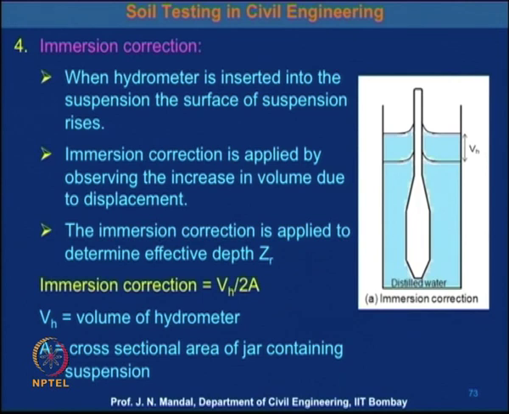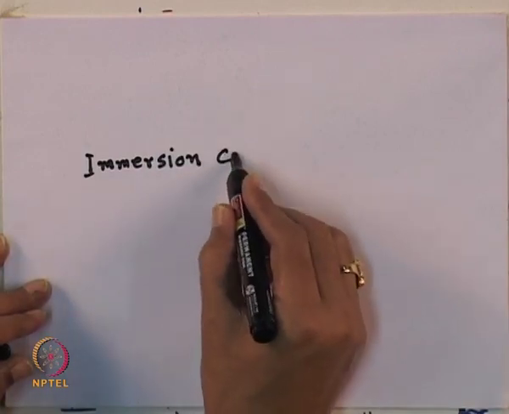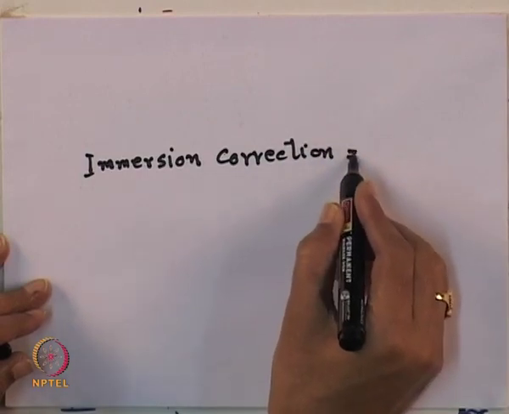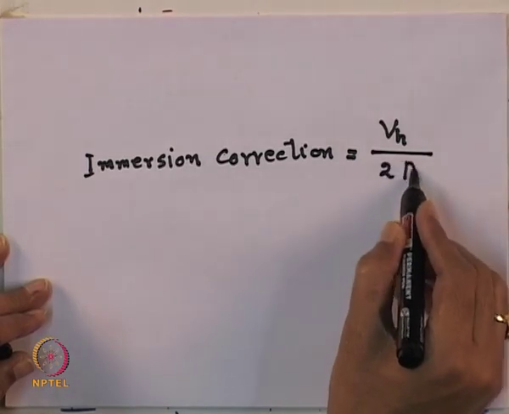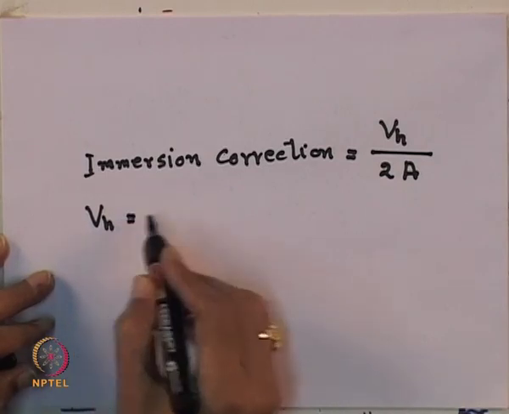Now, immersion correction is calculated by VH by 2 of A. So, we can write immersion correction is equal to VH divided by 2 of A, where